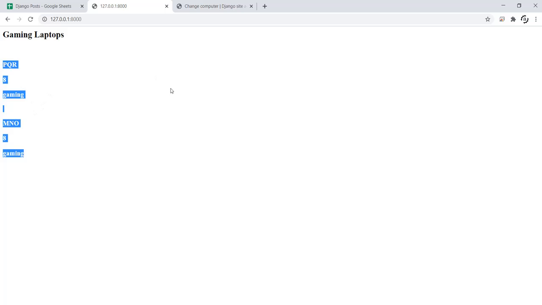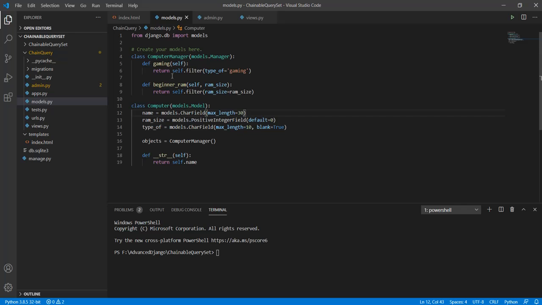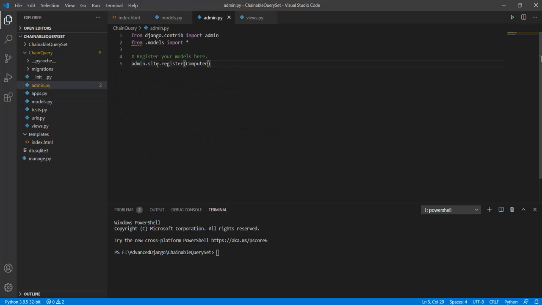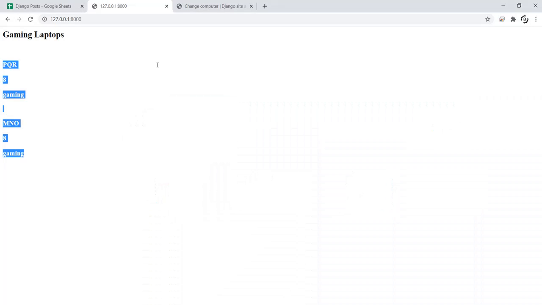Now let's use the other query. Here instead of beginner RAM, I will use the gaming functionality. Here all the laptops of type gaming were